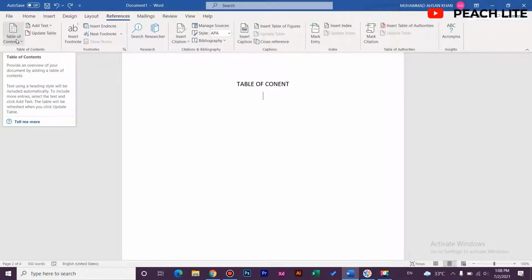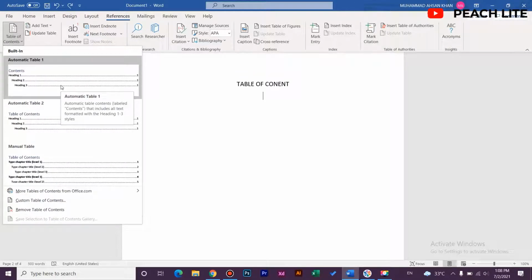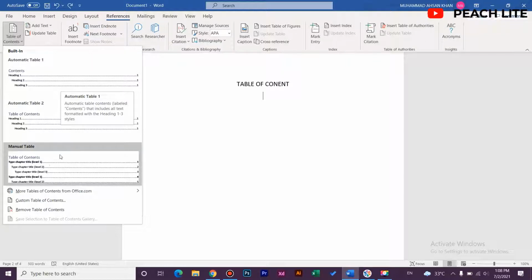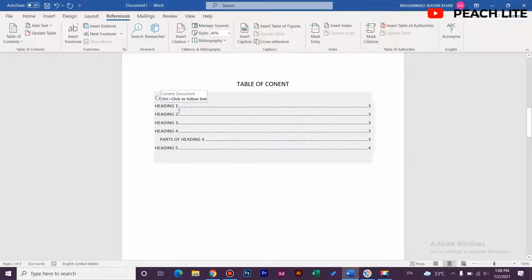We just click on it, and as you can see, there are options. Go to Automatic Table, not Manual Table, because with the manual table you are required to enter the entries, all of the heading names, and everything. So basically we are going to use Automatic Table 1. Just select it.